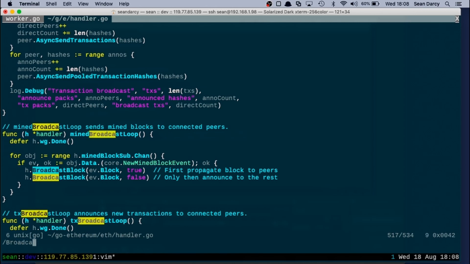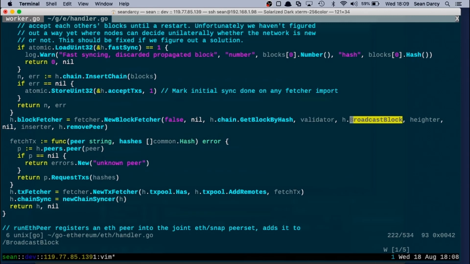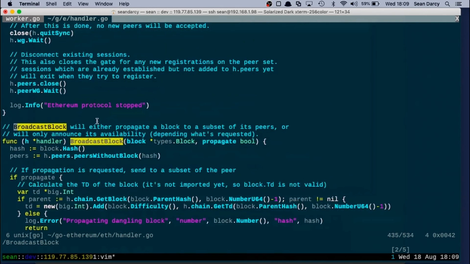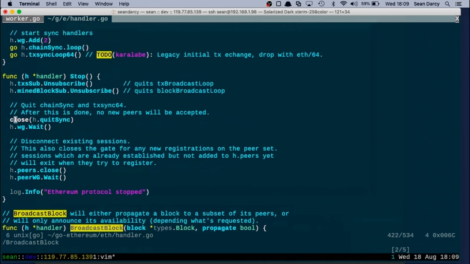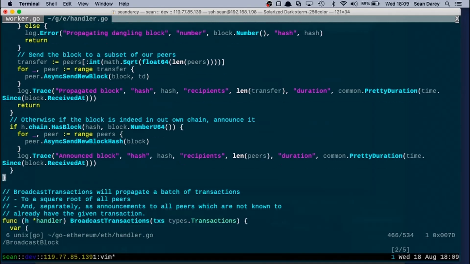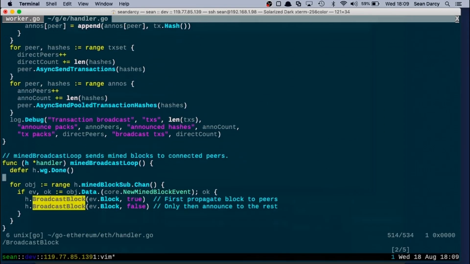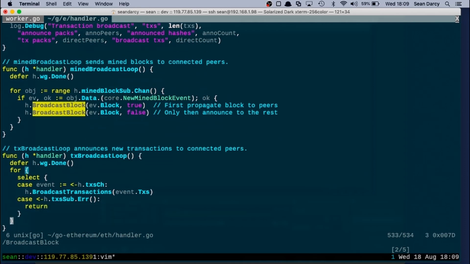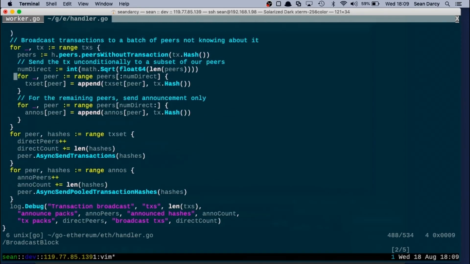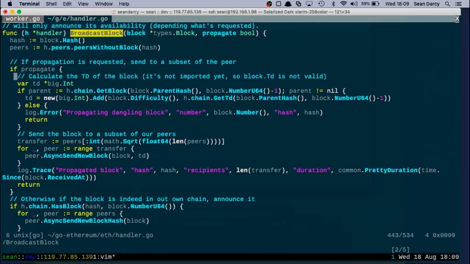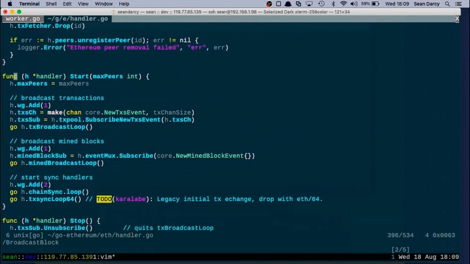So we've got broadcast block. Here we go. It will either propagate a block to a subset of its peers, or it will only announce its availability depending on what's requested. So it sends it to everyone, or it tells everyone it's got one. Is this all this handler function does? Broadcast transactions, broadcast blocks, mined broadcast loop, transaction broadcast loop. So handler looks like all it does is receives blocks, receives transactions, and sends them out,